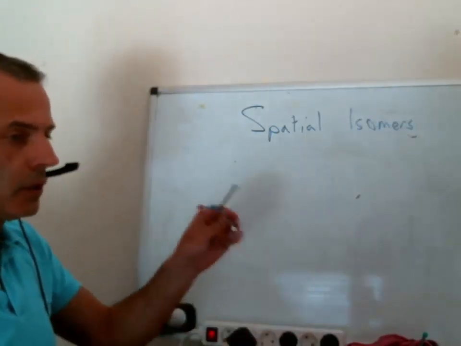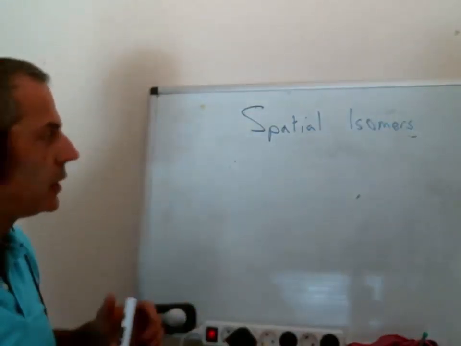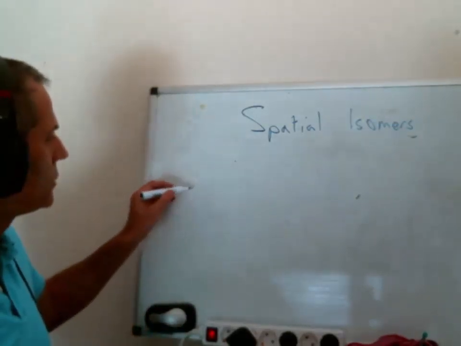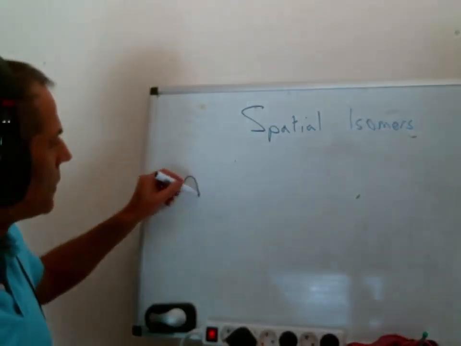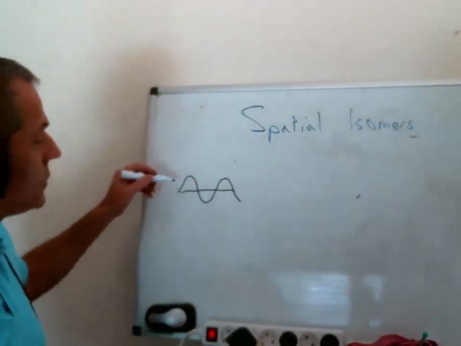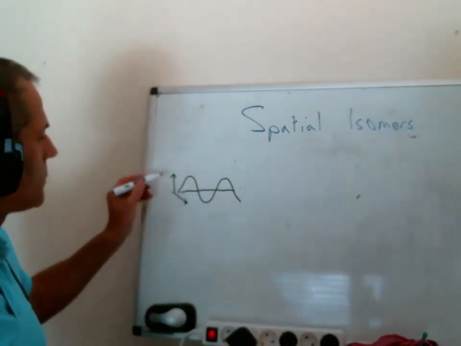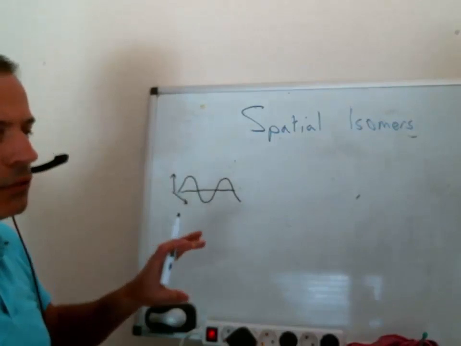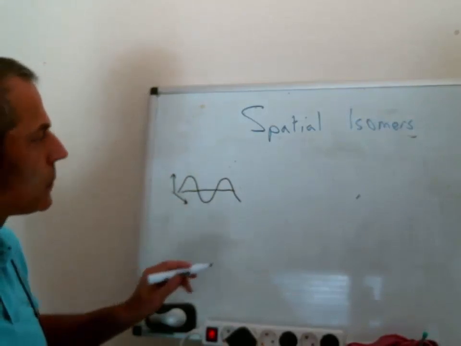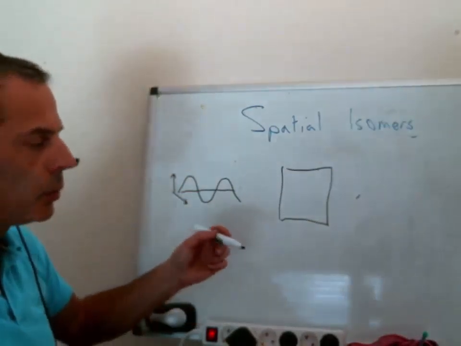So what do these optical isomers do? Why are they called optical isomers? They have a special property. If we take light and we put it through some sunglasses to make it plane polarized, so as you know, light is a wave, and it's a wave with 2 vectors. It's a wave that has an electric vector and a magnetic vector at 90 degrees to each other. If we take light of only one direction, so with, in this case, the electric vector vertical, and we pass it through our compound,